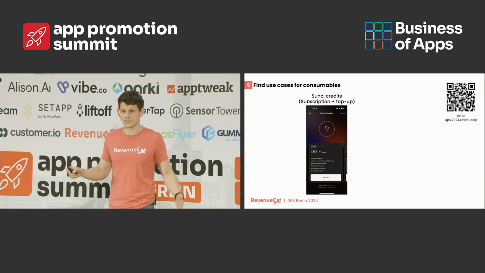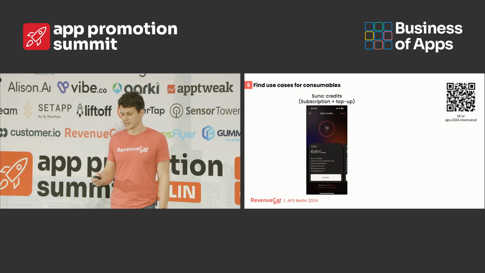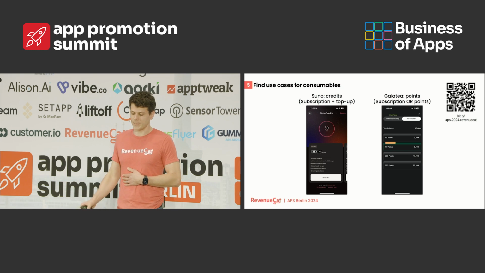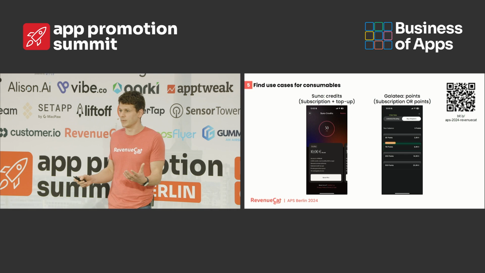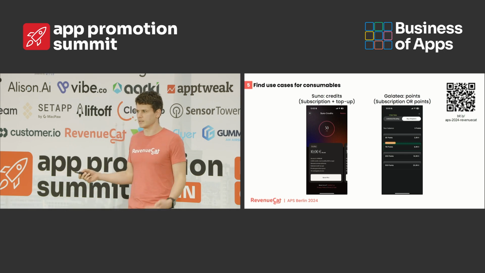In this case, Suno has a subscription plus a top-up. So the subscription gets you a number of credits, and then you can top up with consumables for individual credits. Galatea, another audiobook app, has points, and here you can actually do subscriptions or points. So that's maybe a little bit more similar to that Bumble example, where if you want to go all in, you go with the subscription, but maybe there's just individual content that you want to access,